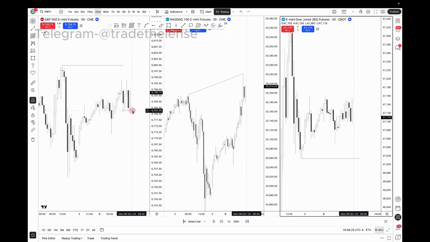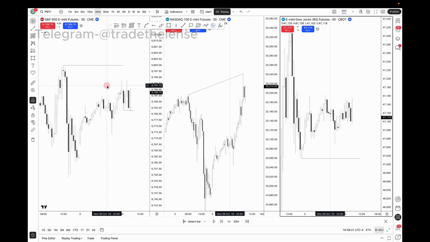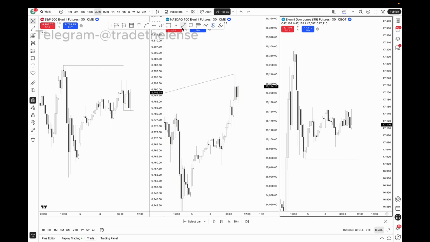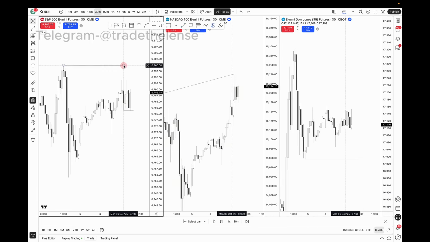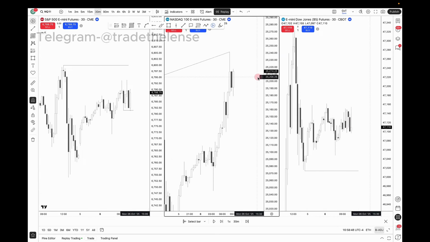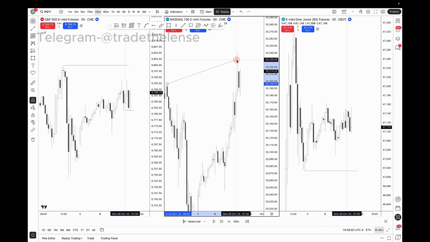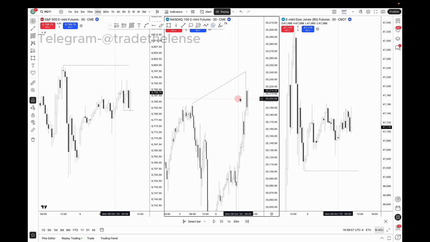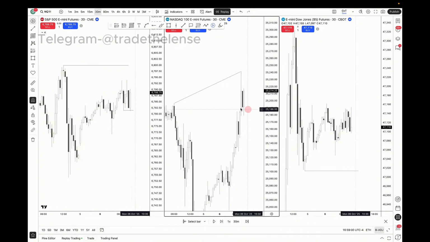So it's a little bit too one-sided, and even to short this off of the open is a little bit gross to me too. Because to me, this high here is more of a fair swing to this high. It's too high in the range for me to really trust it. And if you look, we created this SMT here, but this is not really the reversal signature. Obviously we get this 30-minute SMT here, not really a reversal signature. So I would need a strength switch. For me to even trust this, I would want the driver to expand away.